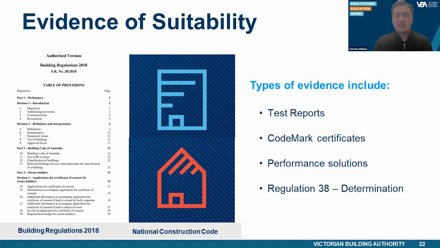The use of a code mark certificate as evidence of compliance with the relevant performance requirements is used in support of a performance solution. The Australian Building Codes Board, or ABCB, have recently released some guidance on their website in relation to clause A2.24 of the NCC and the use of code mark certificates. The ABCB state that the conformity body that issues code mark certificates uses a process that's equivalent to the process set out in clause A2.24. Therefore, relying upon a code mark certificate, a practitioner need not undertake the process in A2.24 again.